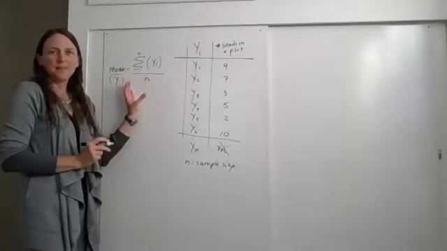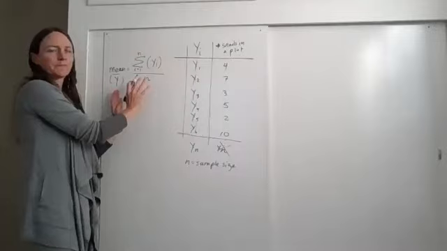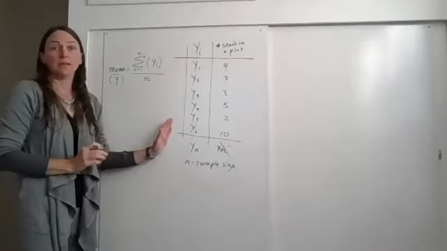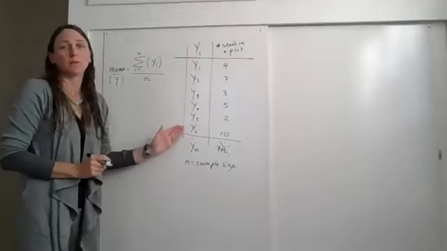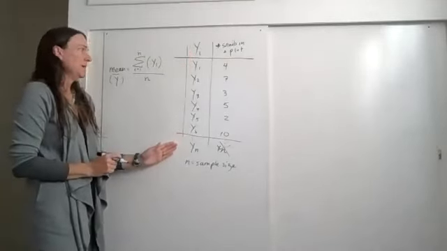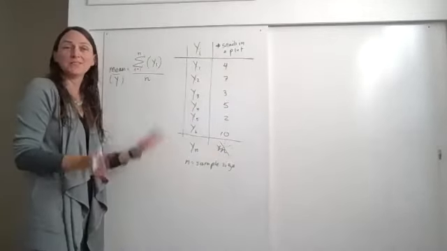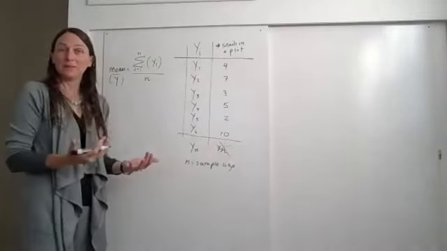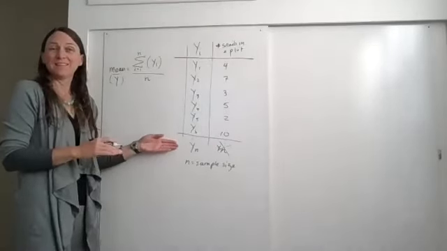So I'm hoping that this helps you understand how the summation notation is related to a generalized data set that can be written in terms of the variable y. Okay. Now, sometimes there might be another variable, x or z, that goes into the calculation, and that will make things a little bit more complicated. But I'm here to set this solid foundation